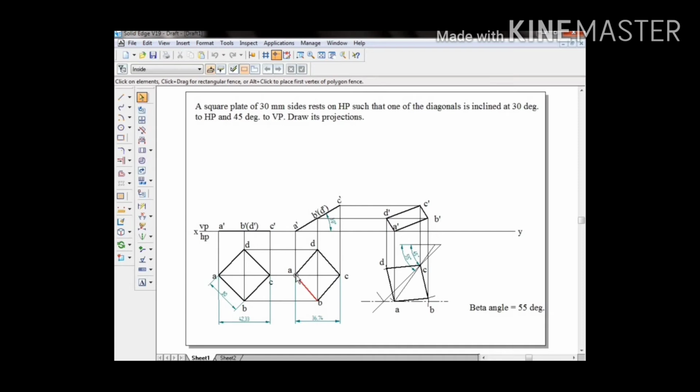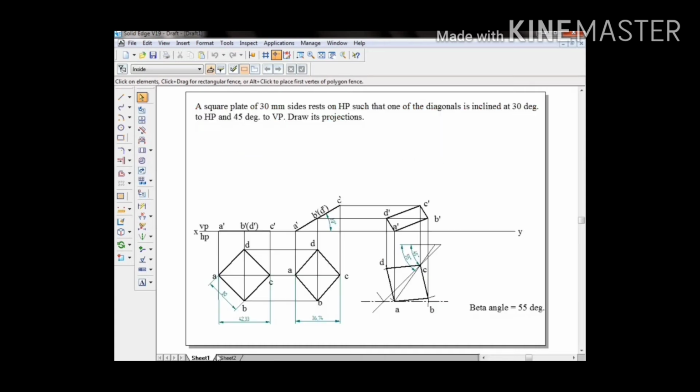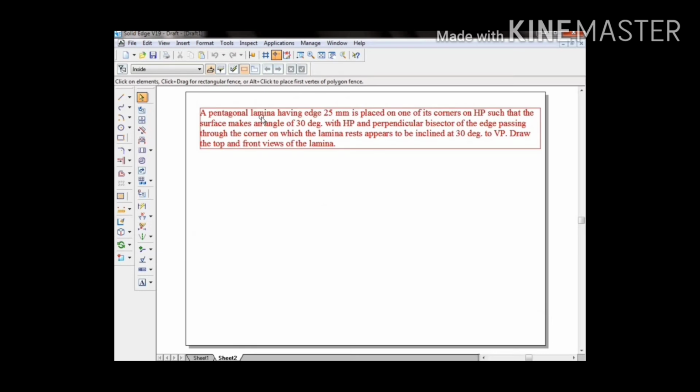See, as in the case of the previous problem, the second condition and the first condition are not the same. The 30 degrees is the inclination and this dimension is reduced. So this is the apparent body. The apparent body should sit on the apparent inclination, but there 45 degrees was the true inclination and 55 the apparent inclination, correct? So 45 is the apparent inclination. In this particular case, 30 degrees is the apparent inclination, because it says appears, so you need not find out the beta angle. The given angle itself is the beta angle, so you get only one inclined line, the angle that they have given. So this problem is not that difficult compared to the previous one, right?